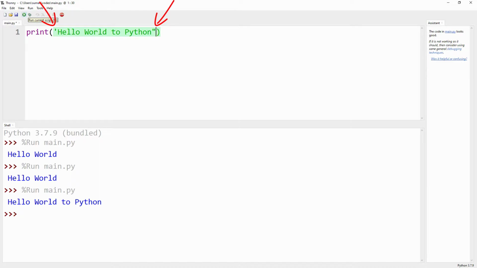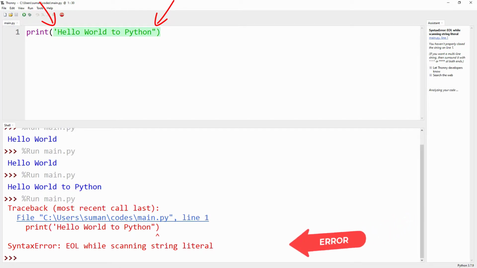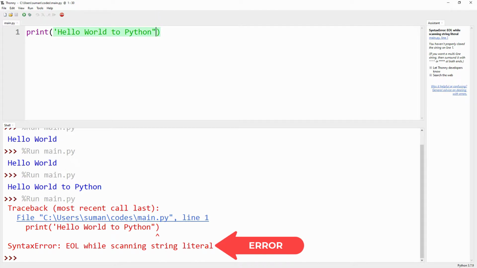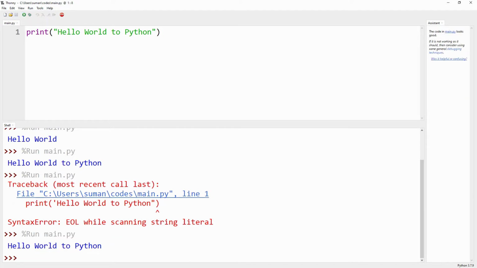What is happening here when we run the code? Here it is giving a syntax error. That means we cannot use the print function starting with a single quote and ending with a double quote. When we have to get the output using the print function, we use either double quotes or single quotes on both sides of the string. Now check. Okay, that is right.